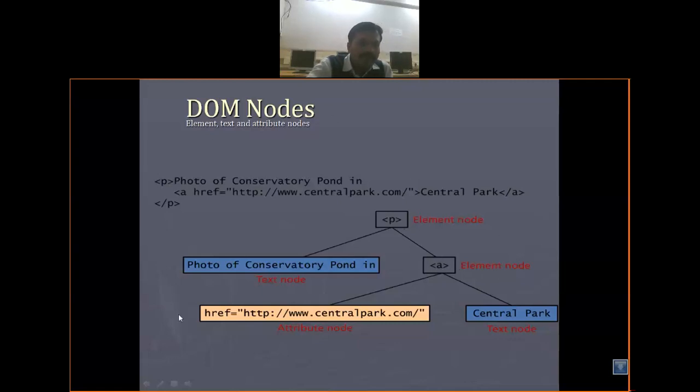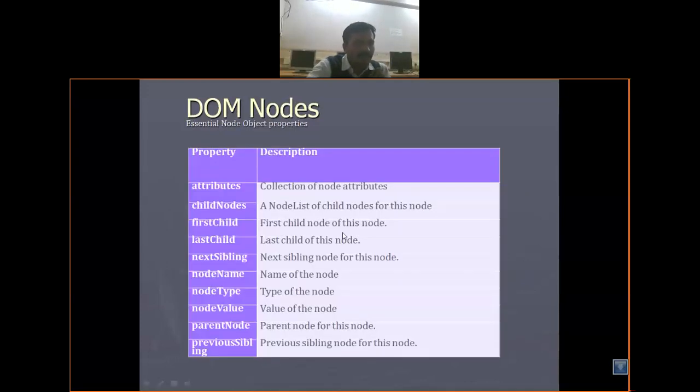And the attributes are nothing but properties; the href is the attribute. And the text "central park" is my text node. It is a combination of element node, attribute node, and text node. This is how I declare nodes.